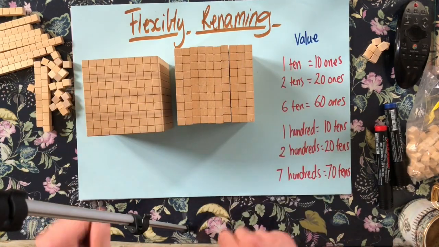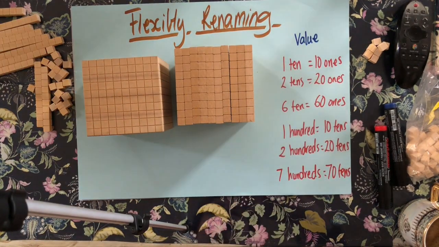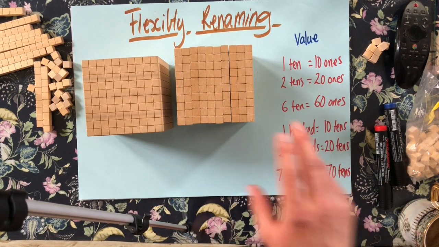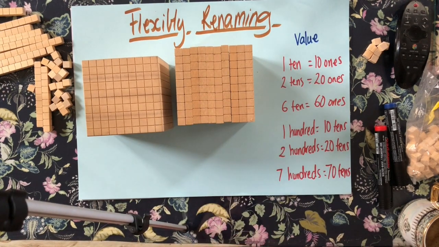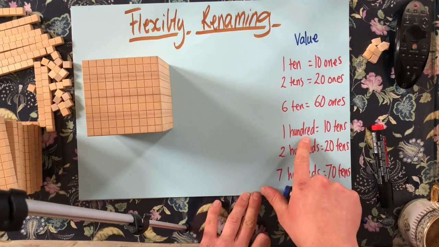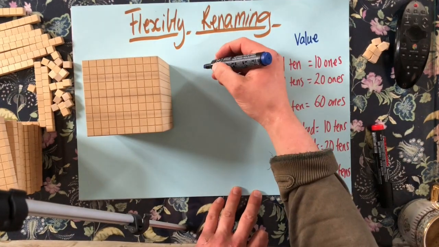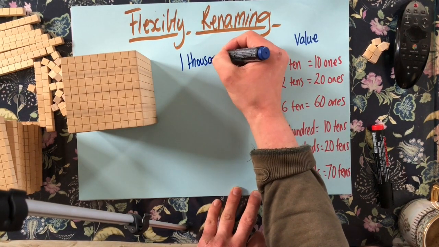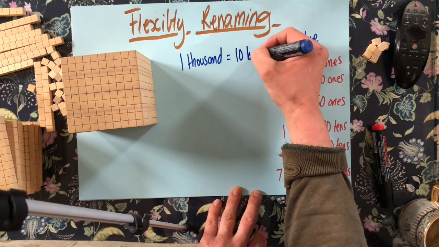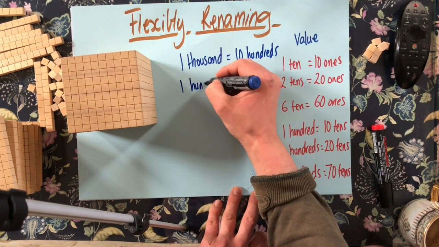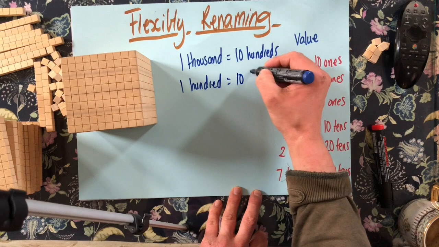So, but how many tens does it make? Because to be flexibly able to rename, I shouldn't just do one place value to the next. I need to think about it in 2 or 3 place value times. So what about how many tens would a 1,000 block have? I need to use my information from before. If 100 equals 10 tens, let's go, 1,000 equals 10 hundreds. And if 100 equals 10 tens,